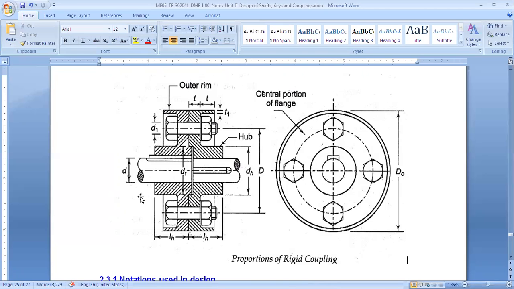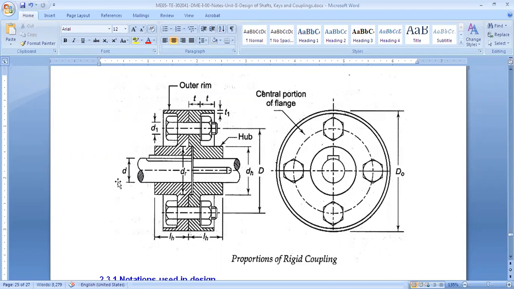So once we know the torque, we can find out the diameter, right? Diameter of the shaft, on a strength basis, using the torsion equation: T upon J is equal to tau upon R is equal to G theta by L. Out of those, we know allowable shear stress tau, and we know torque T, and from J and R we can find out the diameter of the shaft. So we know now small d.